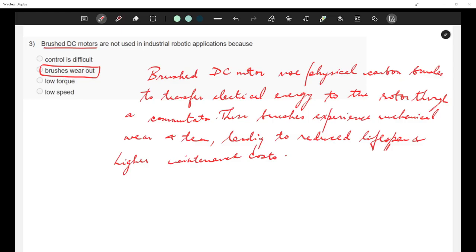So the difference might come in the first two options. I'm not sure about the answer actually for this question. I think it should be BLDC because we want to have lightweight on the rotor, but let me confirm. I'll tell you.